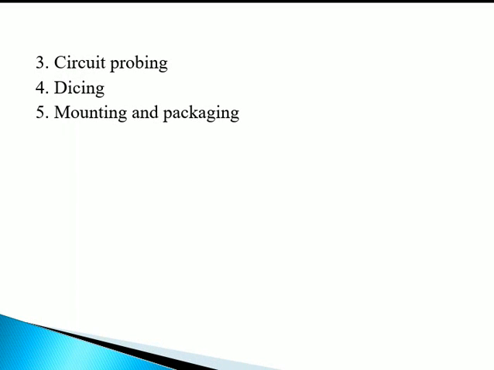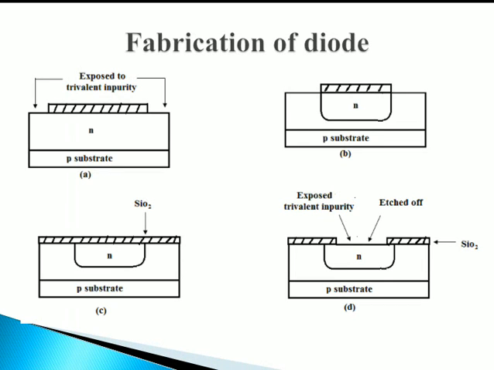The next one is fabrication of diode. Now, diodes are fabricated with the help of the diffusion process. So the sequence will remain the same as follows. First you have to put an epitaxial layer on the P substrate, which will be etched off. Then the wafer will be put into the furnace and trivalent impurities will be added. Okay. The third will be what? Then the wafer will be exposed to pure oxygen to form a silicon dioxide layer.